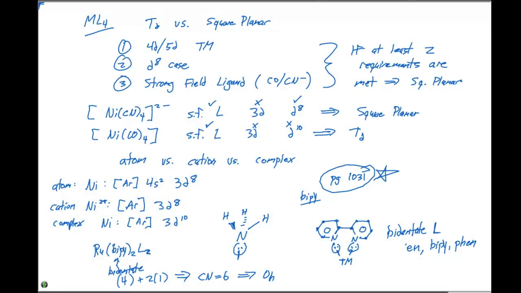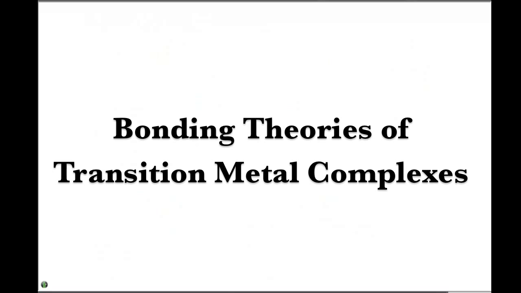So we've talked about a lot of the background information here, but we haven't really gotten into why these particular complexes exhibit the properties that they do. The two main properties we're going to look at for the rest of the chapter are the color and the magnetism. I've mentioned these before,